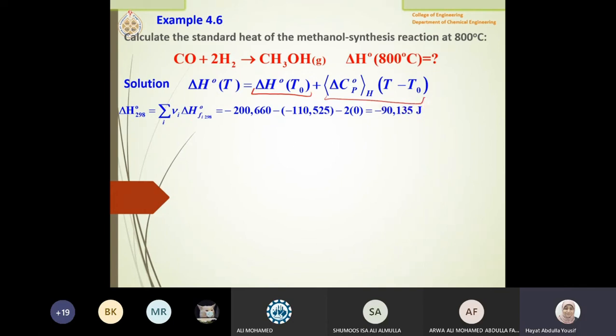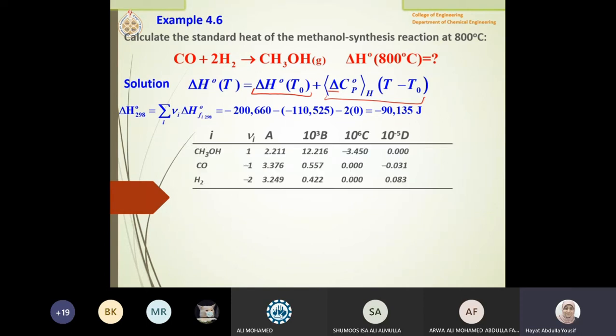For students who did not get it, I am sure you will get it now. Let's say I need to know, if you remember this formula, the CP mean delta: I have to use R times delta A plus delta B over 2 T naught, tau plus 1, and so on until the end of the terms. In other words, I need to know delta A, delta B, delta C, and delta D. So I went to the appendix that shows the constants A, B, C, D, and I brought the values as they are from there, for the reactant and the product species.